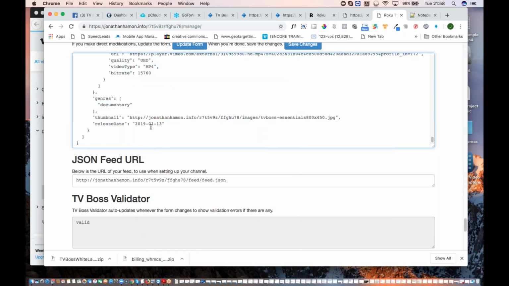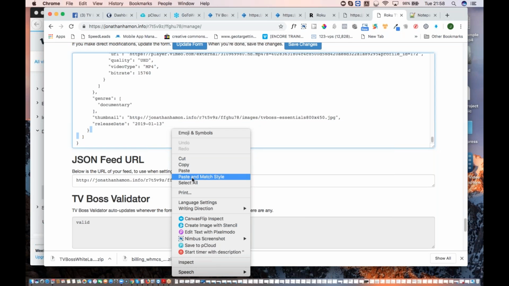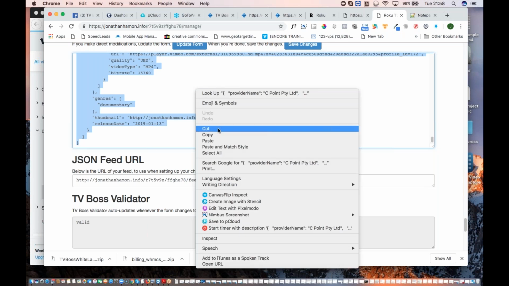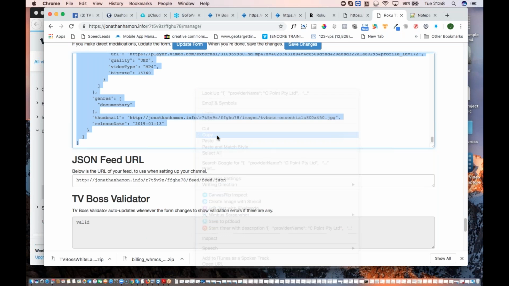So I can do select all, that way I don't need to highlight it and scroll down. And then I would copy it, open up document, save it, name it appropriately, and keep a few copies as